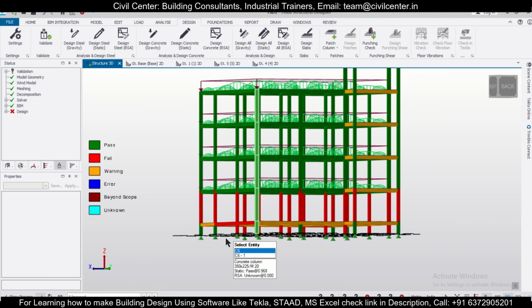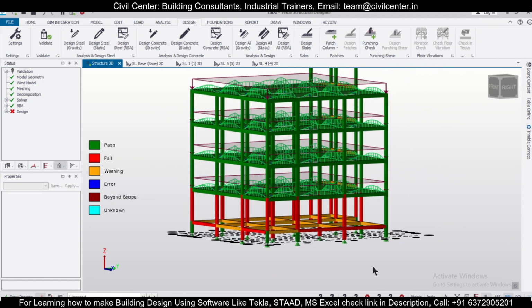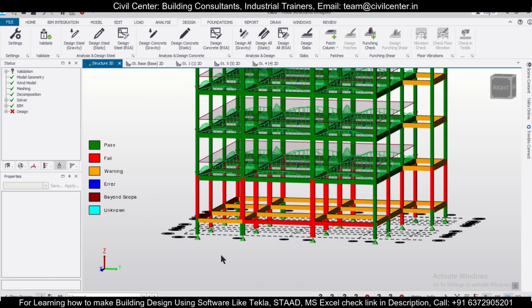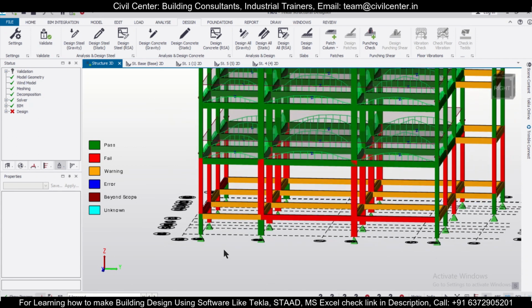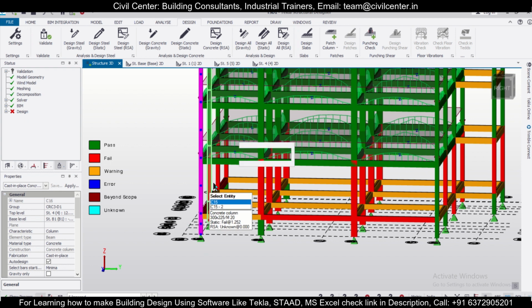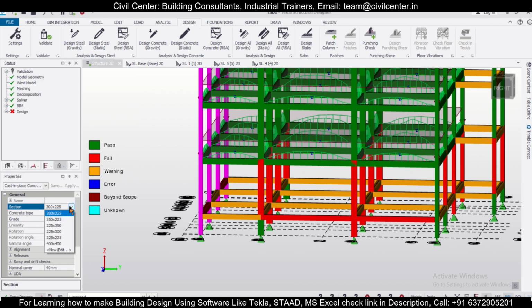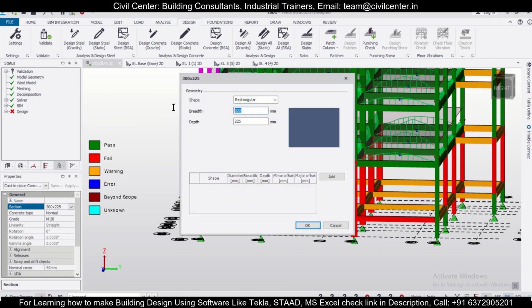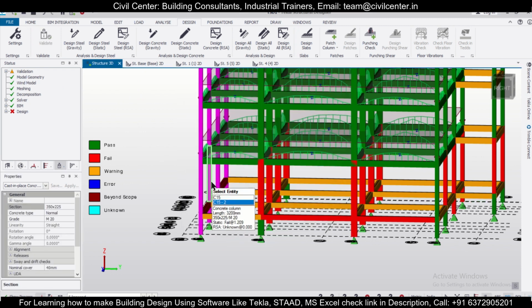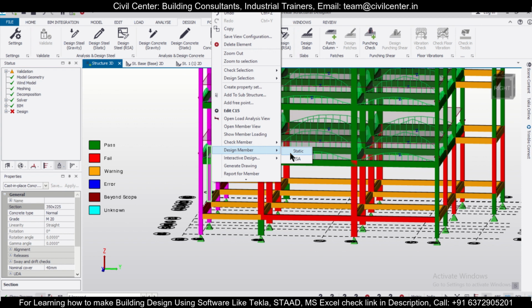So now we have most of the columns passing in the top portions. Now we have to make them pass as well. So let's check whether the ratio is coming 1.091. So by a small margin, if we increase them, then we can achieve the success. Column sticks once again, 300 in place of 300, let's give this as 350. That should do the case here. And then right click, then design member static.